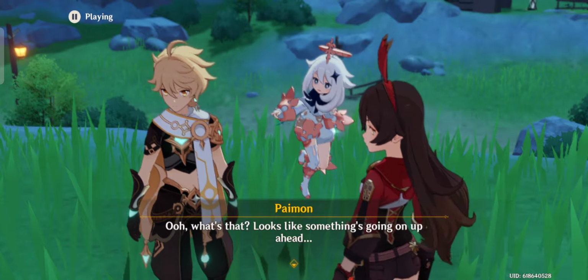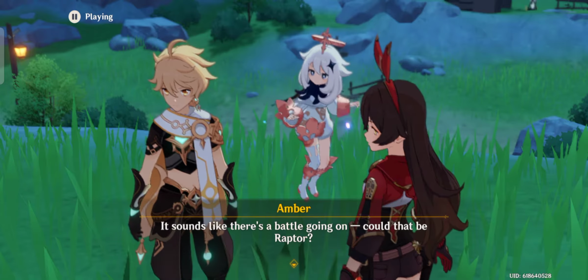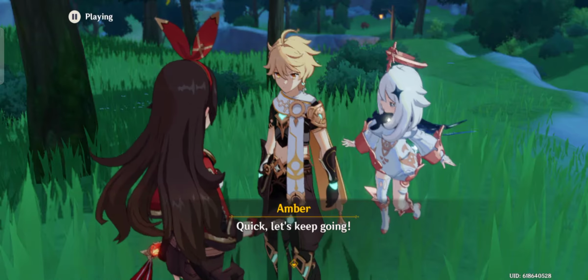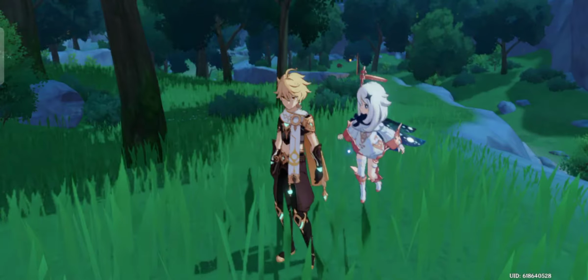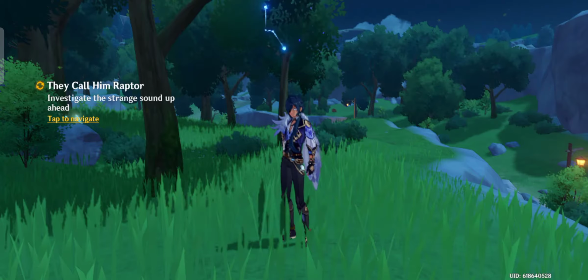Ooh, what's that? Looks like something's going on up ahead. It sounds like there's a battle going on. Could that be Raptor? Quick, let's keep going. Either way, let's make a mental note of these markings. They're very...